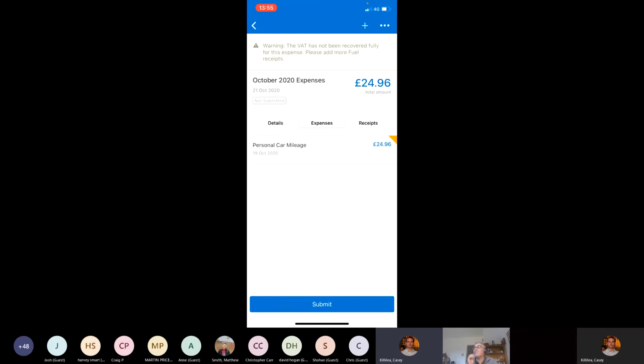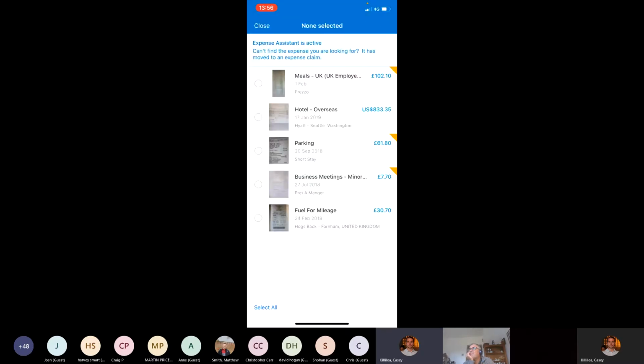What you can see at the top of my screen at the moment is an exception message. That means there's a potential action which I need to take. In reading this, it says the VAT has not been recovered for the expense, and it's around adding fuel receipts. Within Concur, we have a fuel for mileage option, which allows the business to recover the VAT on mileage itself. So I've already created a fuel for mileage expense line,